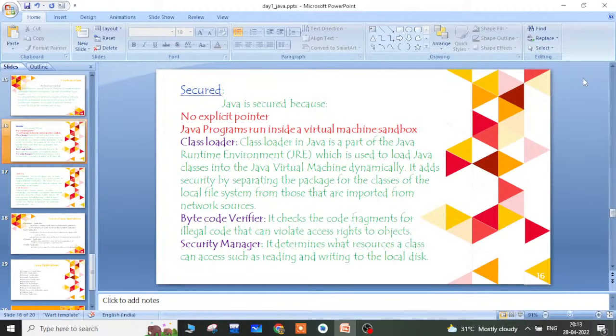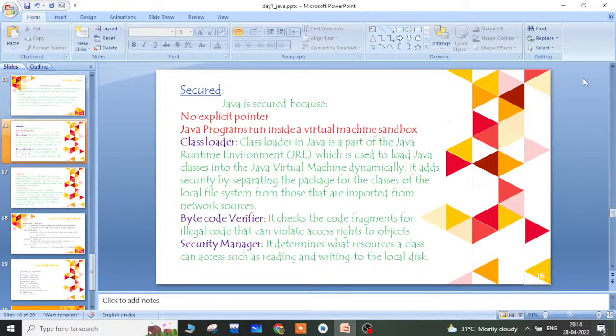And then Java is a more secure language. Before Java, the object oriented language we had was C++. In C++, you have your operating system, and within that operating system you have your runtime environment, and from that you write your C++ program and execute it. Whereas in Java, besides the operating system and the runtime environment, we have a Java virtual machine, which makes Java more secure.